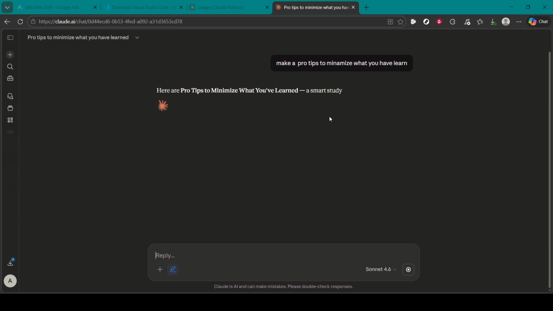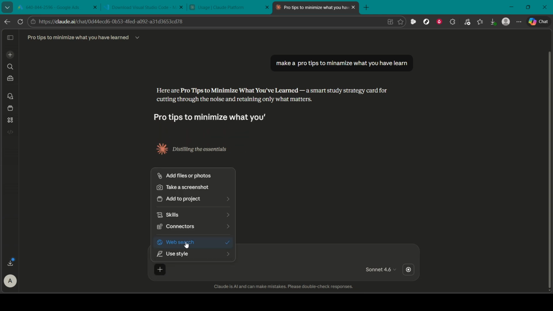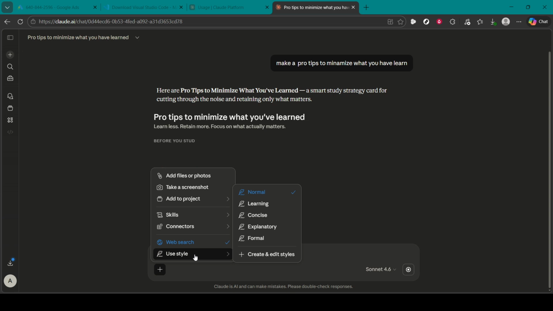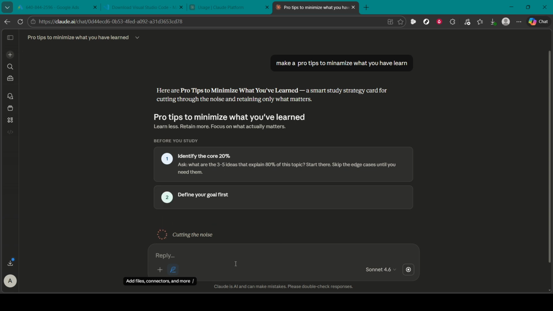Type your prompt and compare results across styles. A helpful approach is to write one clear prompt, then select a style and send it. After you read the output, keep the prompt the same, switch to another style, and send again. This way, you're isolating the tone as the only variable. Notice how learning expands with clear structure and explanations, how normal keeps things friendly and concise, and how formal tightens